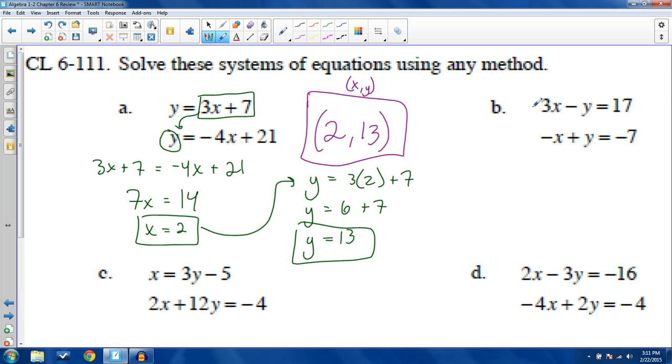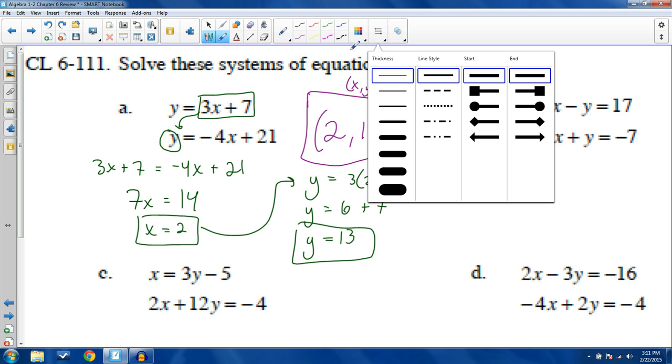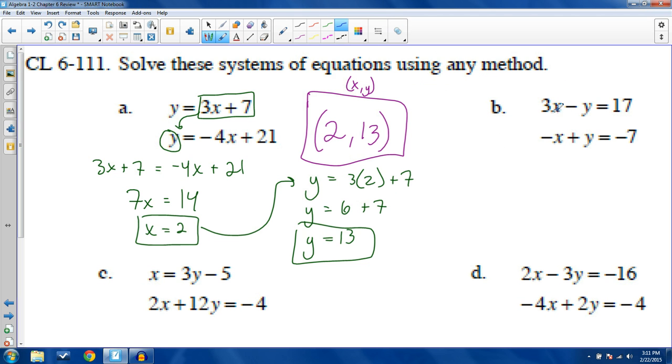Okay, B, this one is set up more for elimination method. And with elimination method, you have the ability to add the same thing to both sides. You know how I didn't write it, but I subtracted 7 from both sides over here? Well, both of these look like 7, and I could combine like terms, and those canceled, and this and that. In elimination method, what I want to do is